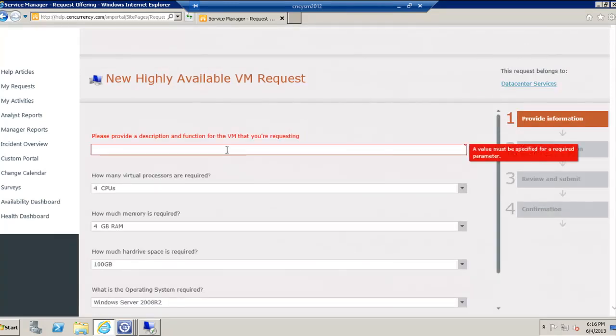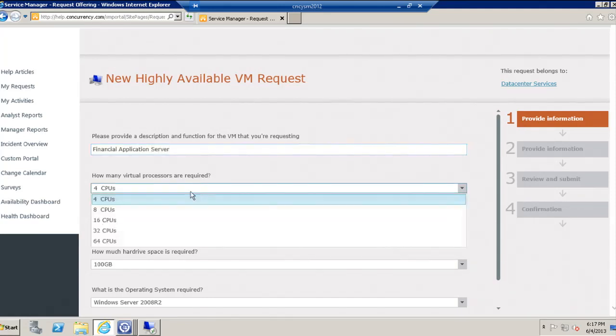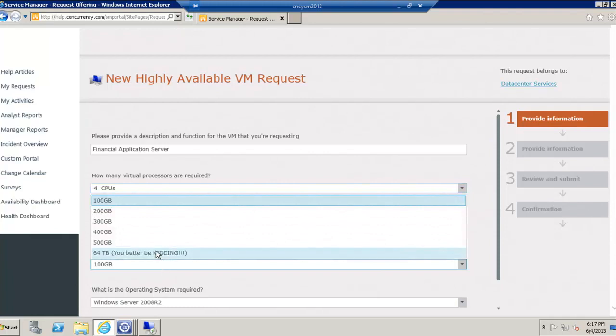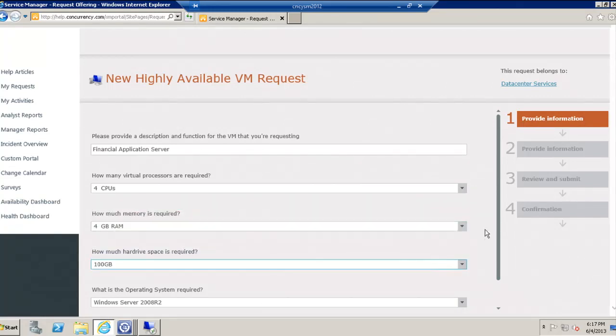In this VM request form, I'm going to provide a description for the virtual machine and the function that I'm requesting. I want a financial application server. How many CPUs do you want? I'll choose 4 CPUs. How much memory do I want? I want 4 gigs of RAM. How much hard drive space do I want? And this is the note my storage administrator left me. He's like, you better be really kidding if you're asking for 64 terabytes on-prem. But I'll choose the operating system,